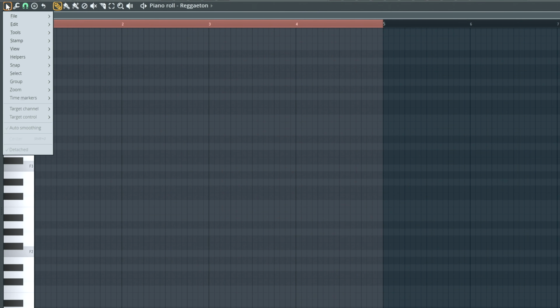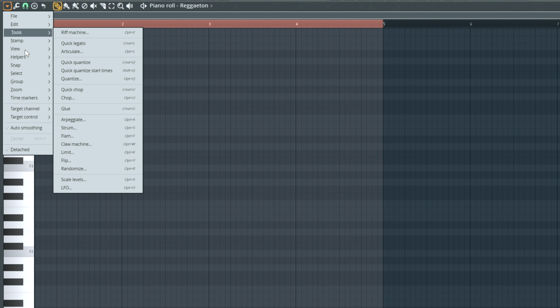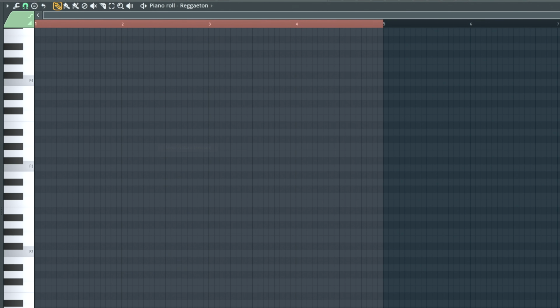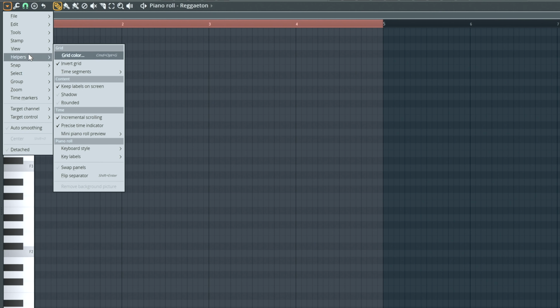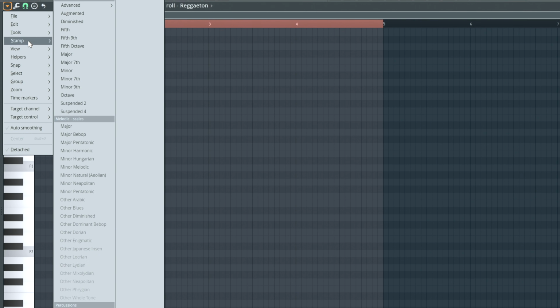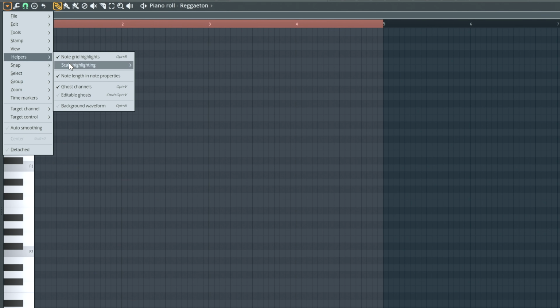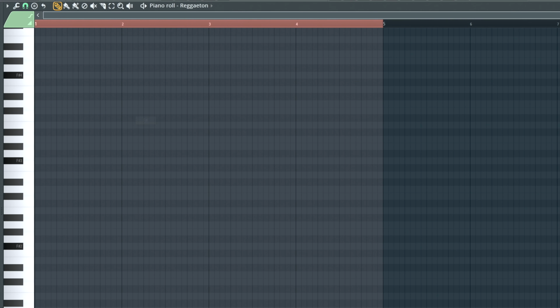And let's go ahead back to our minor key. So we're going to go to helpers. We're going to go to scale highlighting, minor natural, and let's do G minor. So we'll go to helpers. Actually, let's do F sharp minor. We haven't done that yet. So we'll do helpers, scale highlighting, F sharp minor. And that means this is our